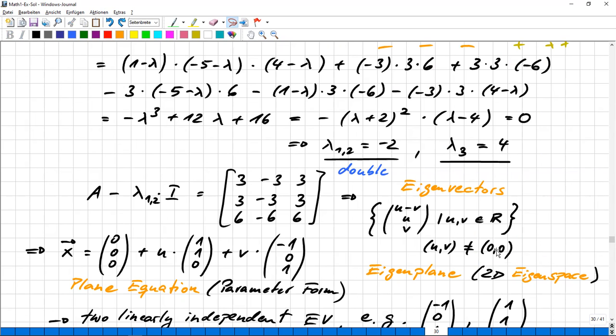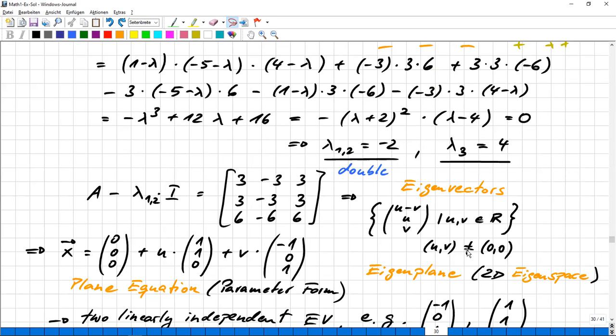You know, this is important. It means we want to exclude the 0 vector again, but be careful. It's not forbidden for u to be 0 or for v to be 0. It's just forbidden that they both get 0. Because in this case, we would have 0 also here and then 0, 0, 0. So it's always about the question how to exclude the 0 vector, which should not be taken as an